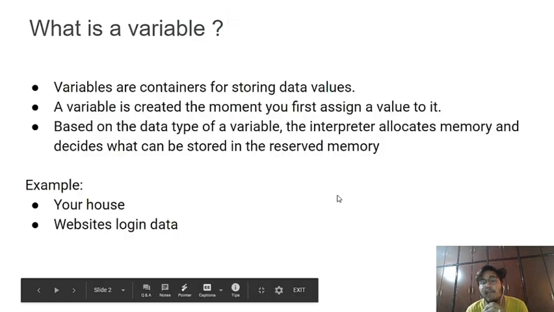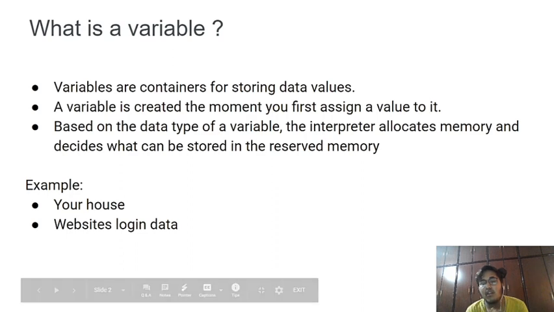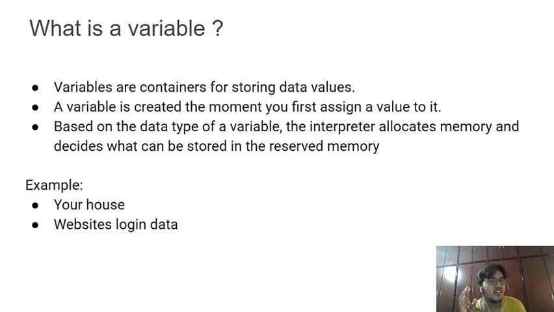Second, this is also a layman example. In your houses you have different rooms like bedroom, kitchen, hall, veranda. In each and every room, different objects are stored. In the bedroom we see some cots. There are different kinds of objects stored in the bedroom. This bedroom is a container, and the bedroom is storing those objects.